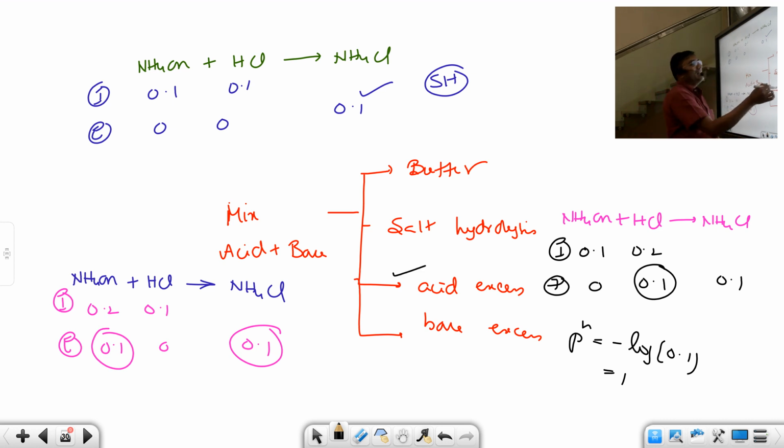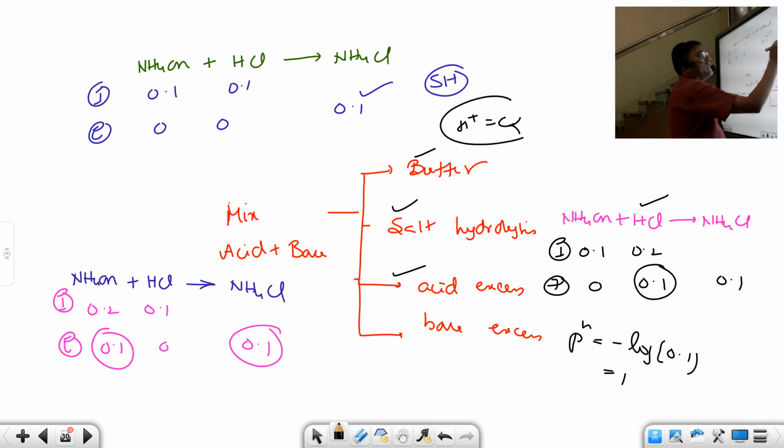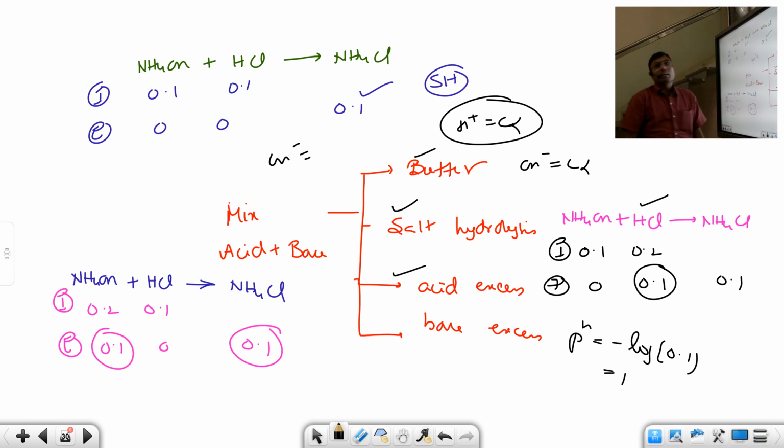So whether acid is in excess, salt hydrolysis, or buffer, on mixing, what is left out is what determines the result. It may be salt hydrolysis, a buffer, or base in excess or acid in excess, sometimes weak acid in excess. If weak acid is in excess, H plus is equal to C alpha. HCl is a strong acid. If acetic acid is there, you cannot use minus log H plus directly, you have to use C alpha. Very, very interesting. If weak base is there, OH minus is equal to C alpha. If a strong base is there, you directly get the pOH value, and from that you can calculate the pH value.